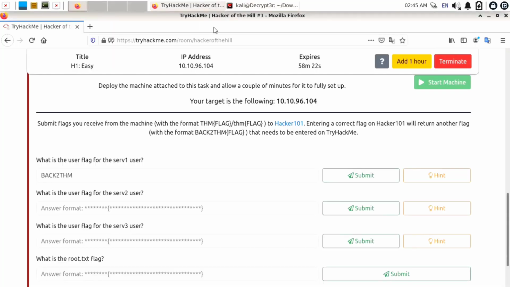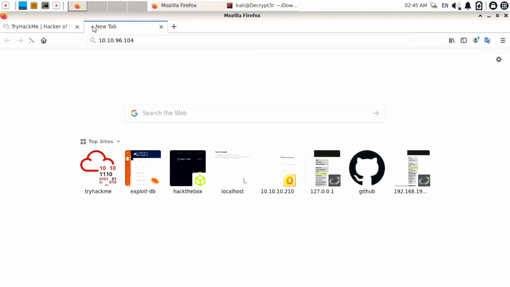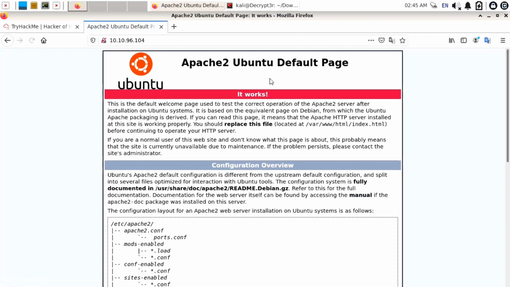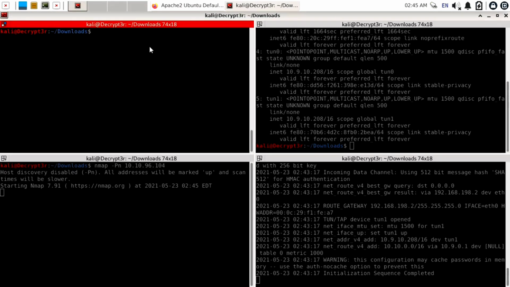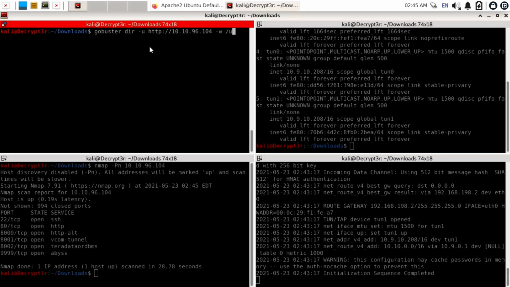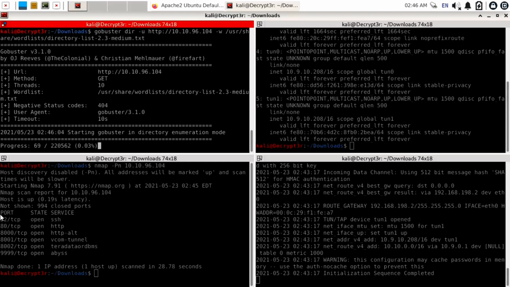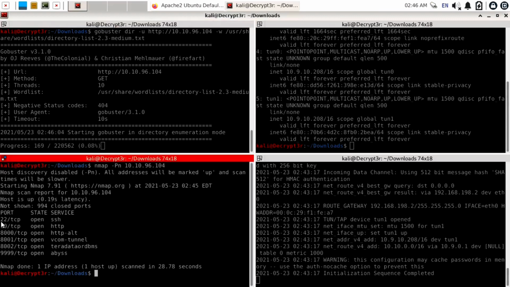Let's try to open the target IP in a web browser. Open a new tab and paste the target IP. After opening this you can see it is showing the default Apache2 page. Let's try to brute force directories on this. For that we will use the GoBuster tool. We need to scan for directories, so use dir. To specify the URL use -u and specify the URL with http:// and paste the target IP by Ctrl Shift V. Use -w for the word list and paste our word list in /usr/share/wordlists/dirbuster/directory-list-2.3-medium.txt.